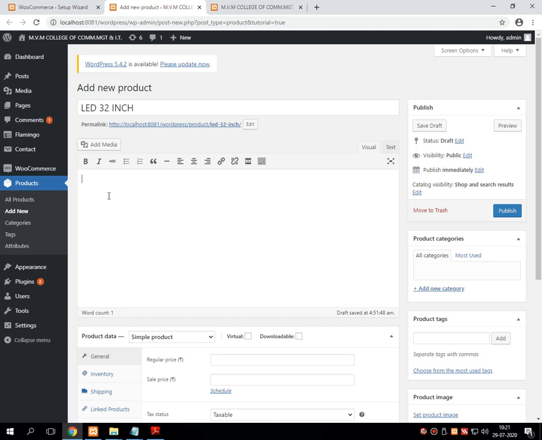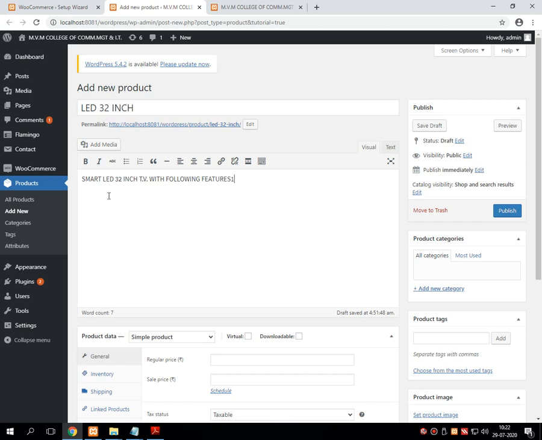Then into the description I am giving: smart LED 32 inch television with following features.